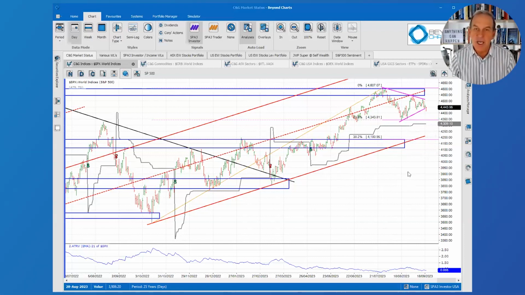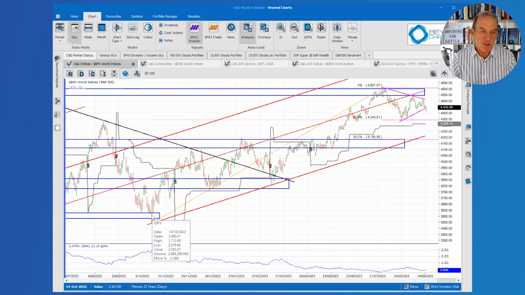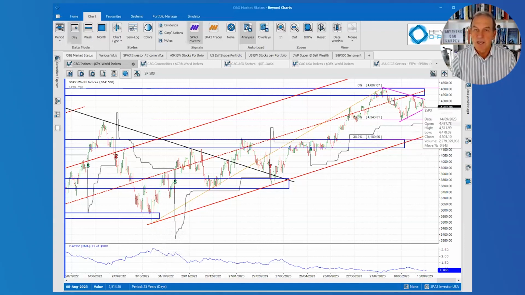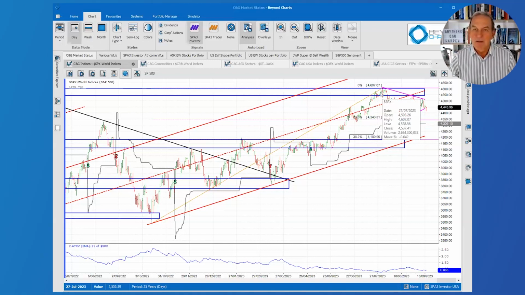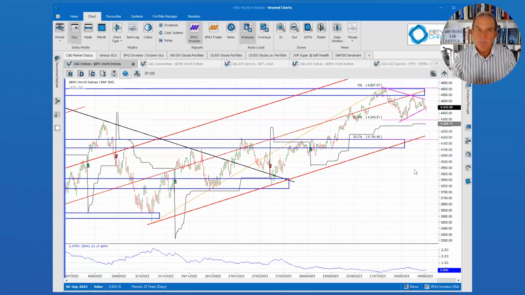So we're still within this channel. The other point to note here is that from the run-up of the trough from middle of October last year on the S&P 500, so some 11 months, the deepest retracement we've had on the Fibonacci I'm looking at now is a 23.6% retracement. So that is shallow, and it's still working its way out time-wise from the peak there to where we are now. Pretty textbook stuff.